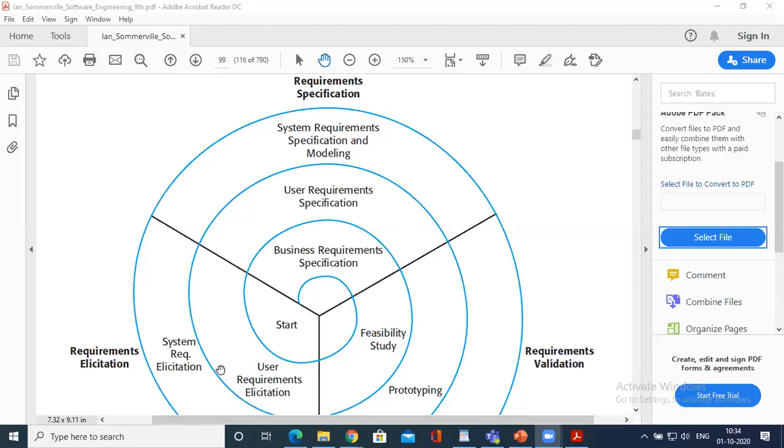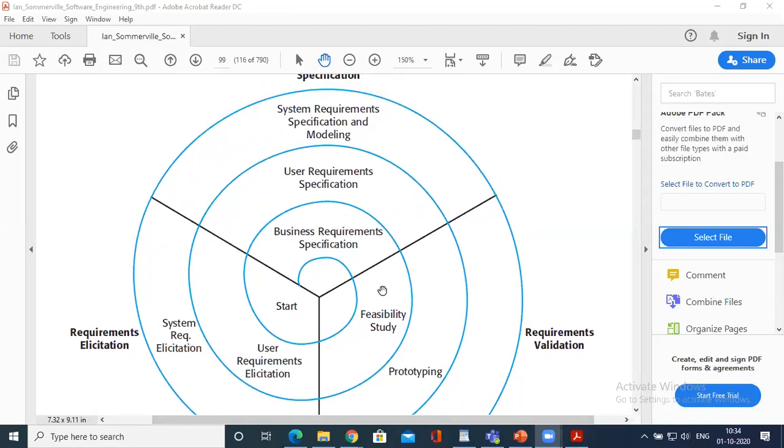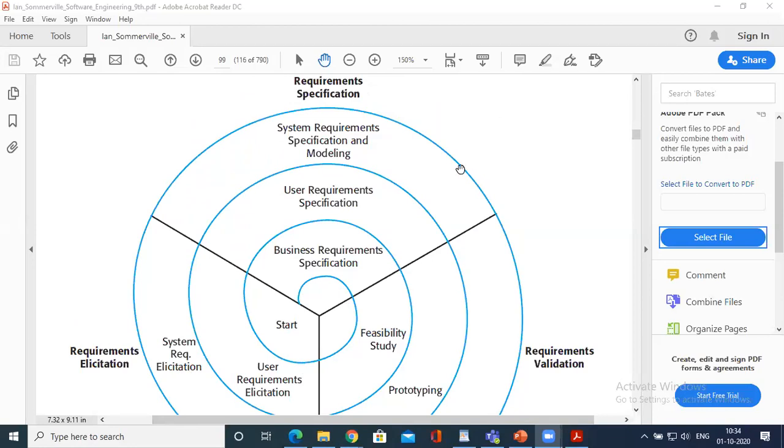The second part of the spiral moves from requirement elicitation, requirement specification, requirement validation. Finally, the third. Again, the third spiral moves from requirement elicitation, specification, and validation. So in every part of the spiral, there will be some sort of activities being done with respect to the various concepts.